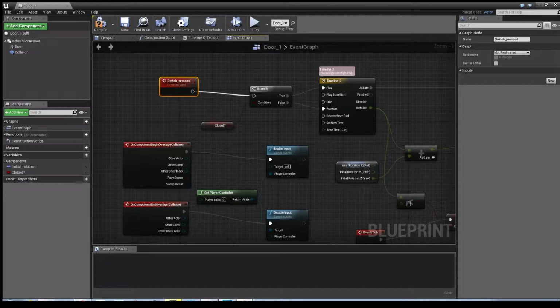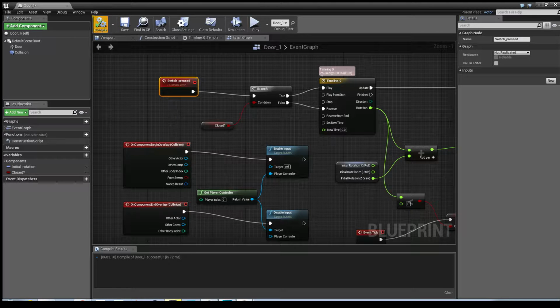And then I'm going to plug that into here to the branch. So what we've done is we've removed the input, and essentially we're making a separate event which will come into play when we create the other actor. So make sure that's compiled,